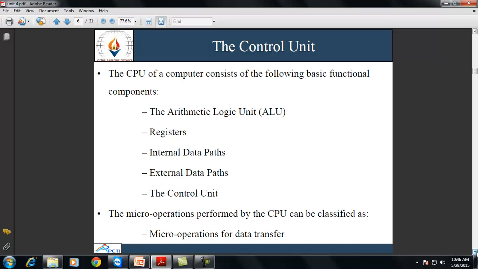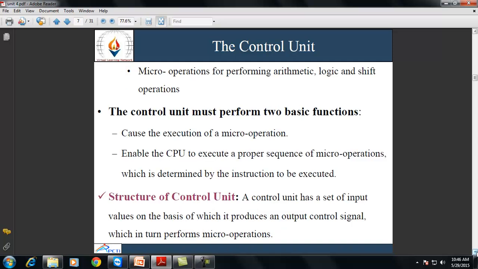Now the micro operations performed by the CPU can be classified as micro operations for data transfer. Data transfer can be from register to register, register to memory, input output to register, etc. And the micro operations for performing the arithmetic, logical and shift operations, and these micro operations involve use of registers for the input and output operations.